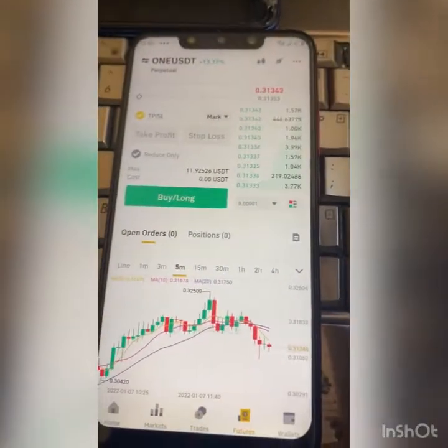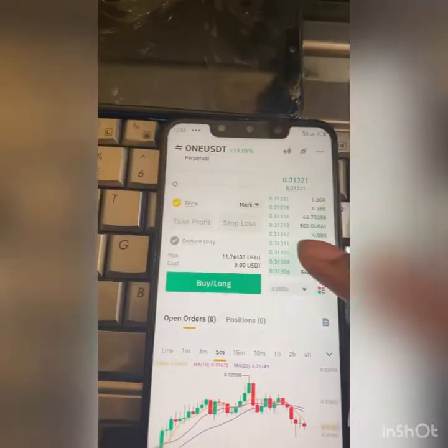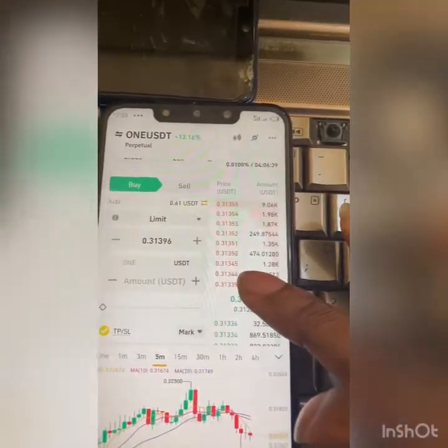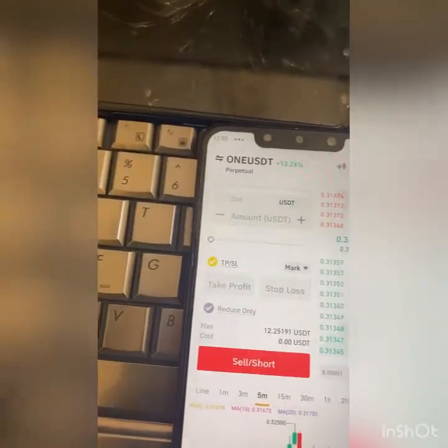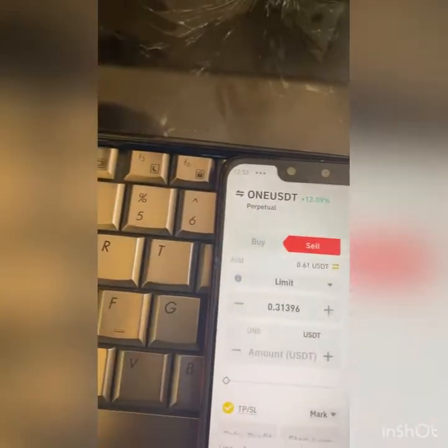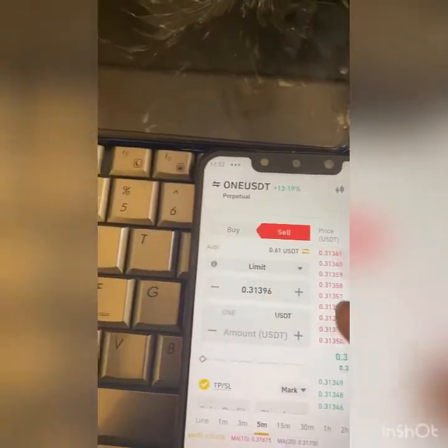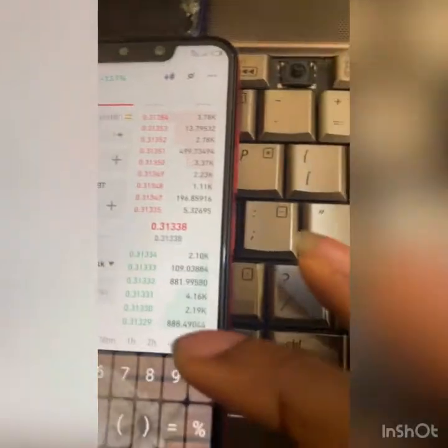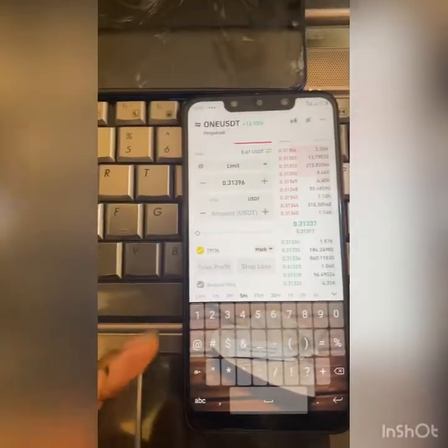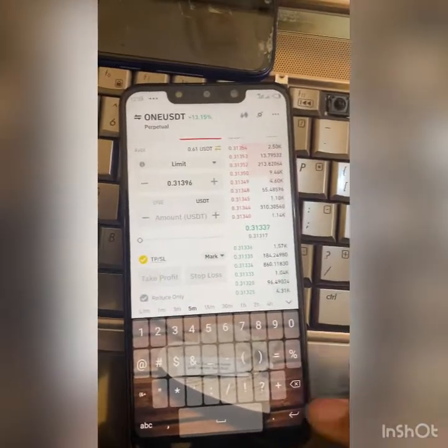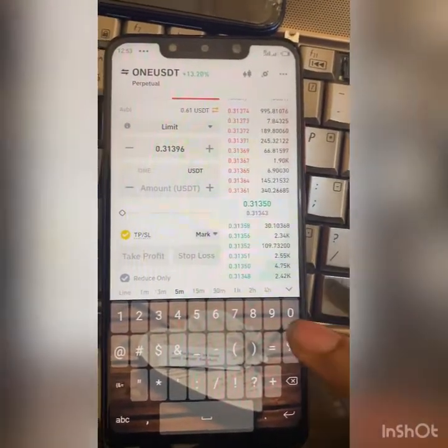So I want to trade short. You understand? I want to trade short. So I'll go to sell. The market price is 0.31365. So I'll put the take profit as, put this one for me. I'll put the take profit as it should take profit out when it gets down to